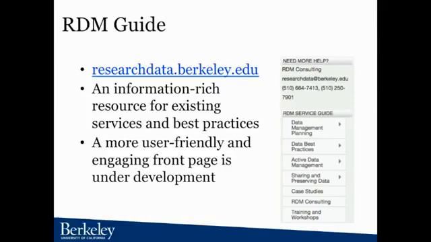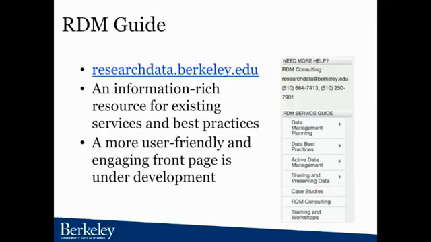All right, so we've also developed an online resource, the RDM guide, researchdata.berkeley.edu. And this is, well, it's also just starting out. So right now what we have is a very information-rich site which points to existing services, best practices, and so on. When we've shown this to faculty, most of them have said, that's just too complex. But this is a site that can really be of use to our service provider, our consulting network. So we're trying to pull together all of the information that we have about the existing services and best practices into one place so that our consulting network can be most effective with this.